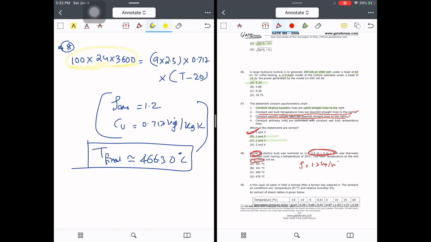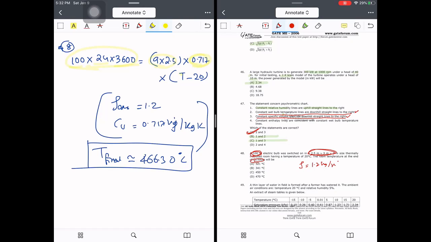They have not mentioned the density of the air. Otherwise, it will be a very simple question. So the total energy generated by the electric bulb in 24 hours is 100 into 24 into 3600. This is the amount of heat that has been generated, and this much amount of heat,